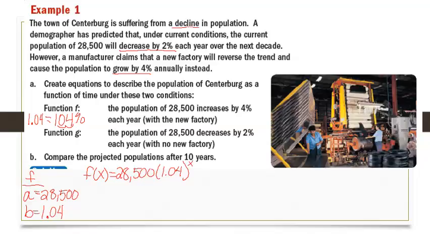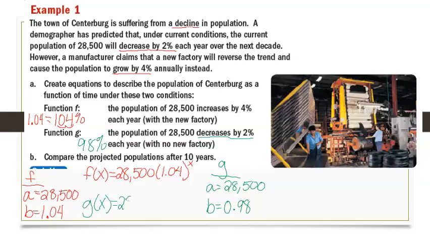So now we'll just do the same thing for g. So g is going to have the same initial population because we're talking about the same town. So that's 28,500. But now we are decreasing by 2%. So we're going to start with that 100% and then go down by 2% every year. So that means we're going to be left with 98% each year. So for 98% as a decimal, we're going to write that as 0.98. So that turns our g function